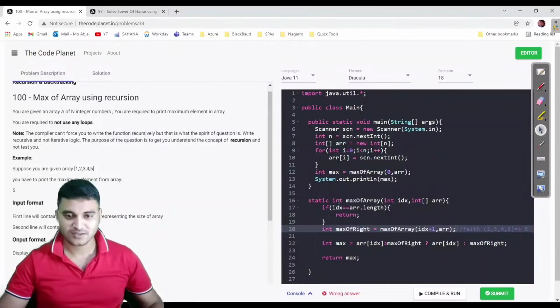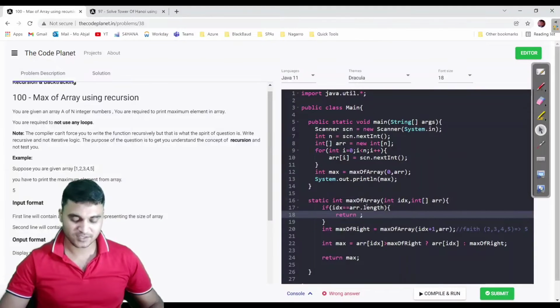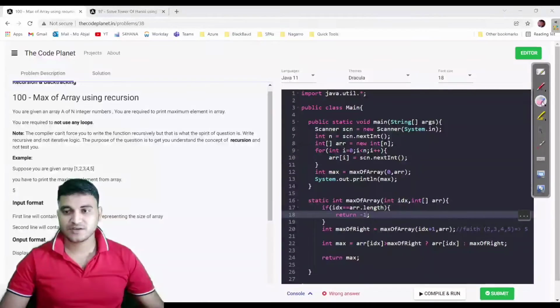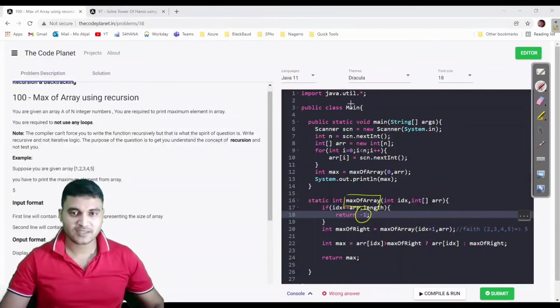Okay, so what is the return type for this? The return type for this is integer. So here we cannot simply return like this. We just have to return -1 from here. Why -1? Because if you can see here, we are calculating the maximum, so of course all the elements would be greater than -1.